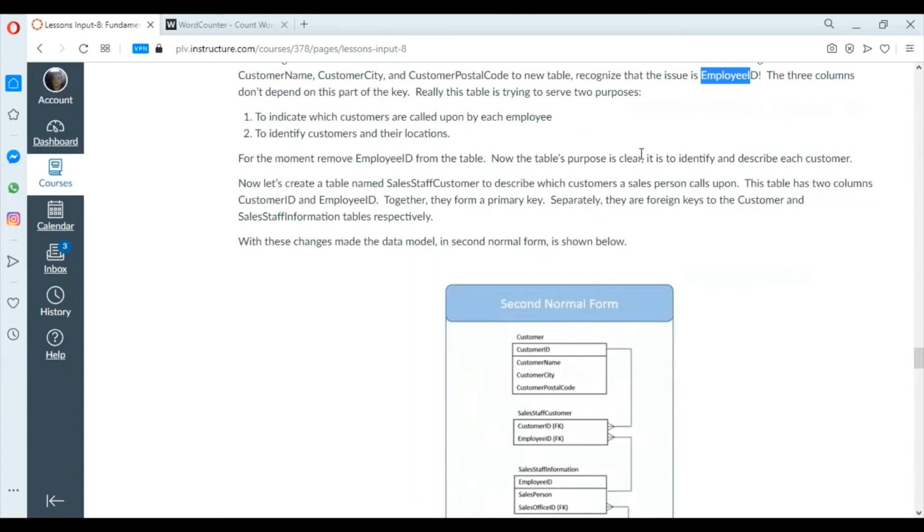Now let's create a table called sales tab customer to describe which customer a salesperson calls upon. This table has two columns, customer ID and employee ID. Together, they form a primary key. Separately, they are foreign keys to the customer and sales tab